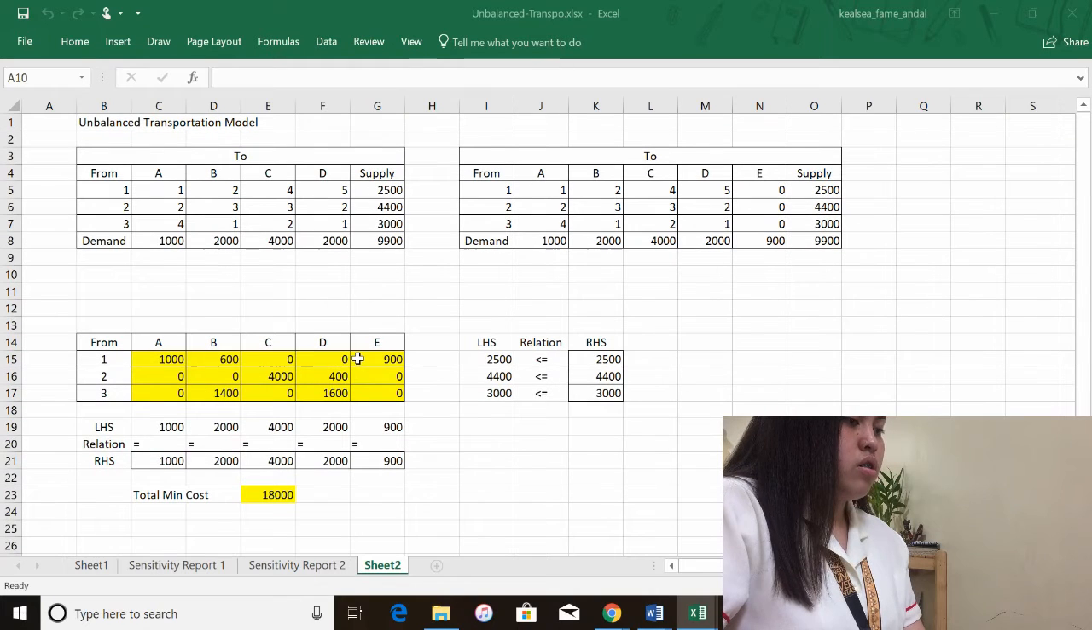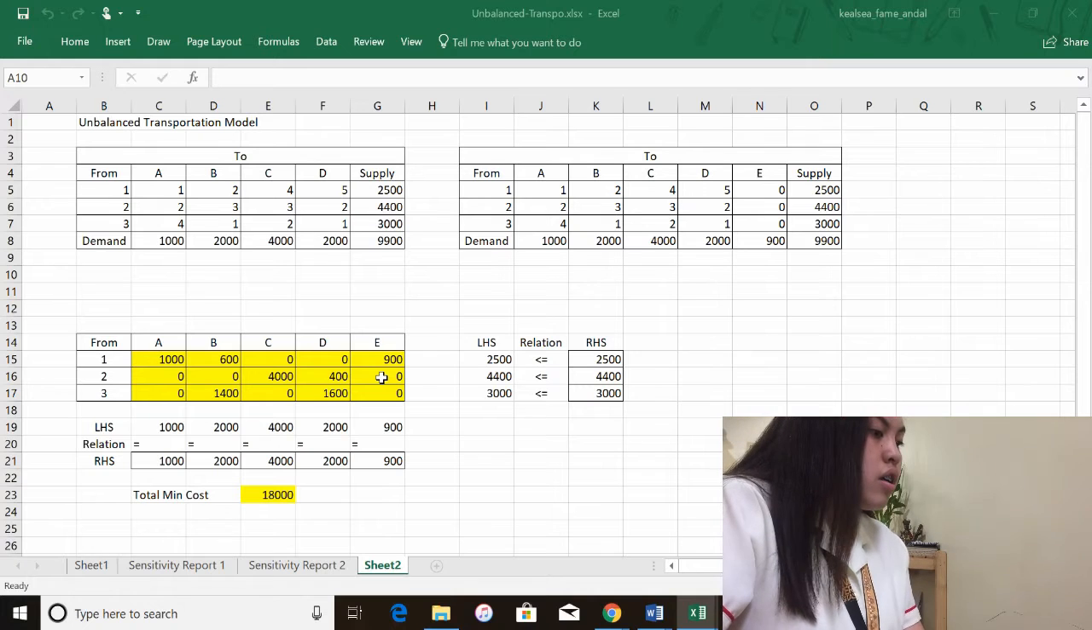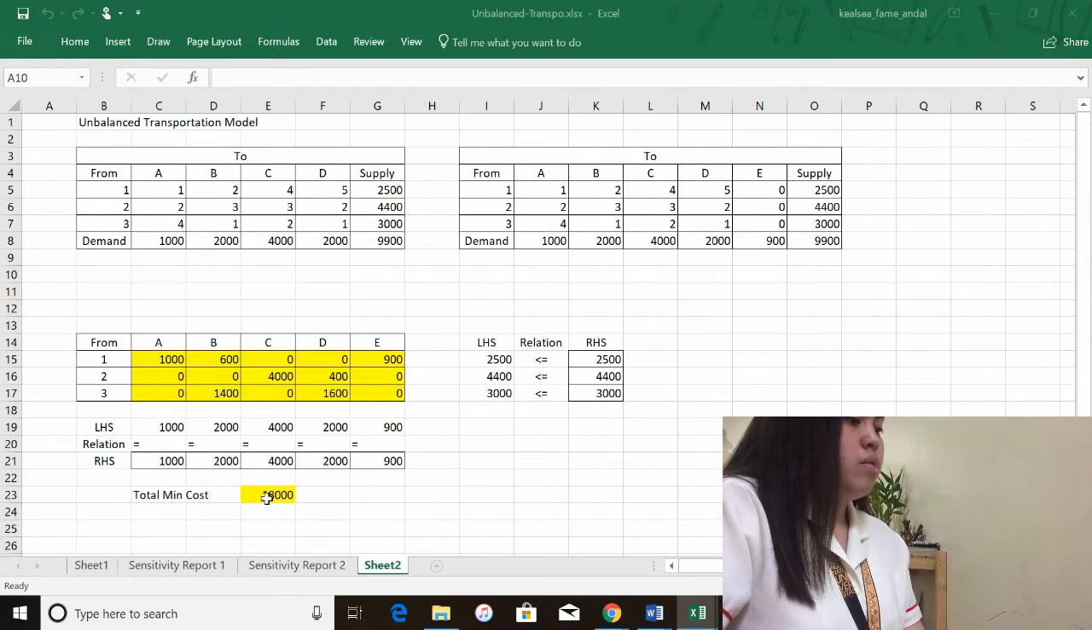So now the changing variables, or the decision variables, appear in these cells which are highlighted with color yellow. And our total mean cost has already shown, which is 18,000. So from plant 1, it should ship to warehouse A with a cost of 1,000, and from plant 1 to warehouse B it is 600,